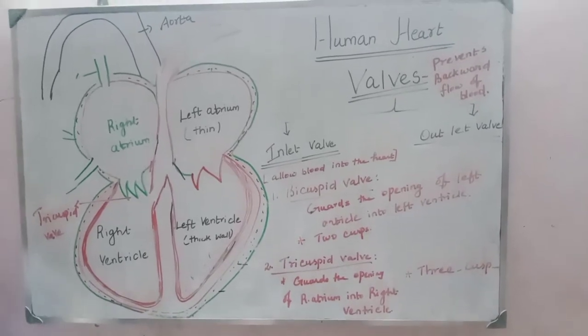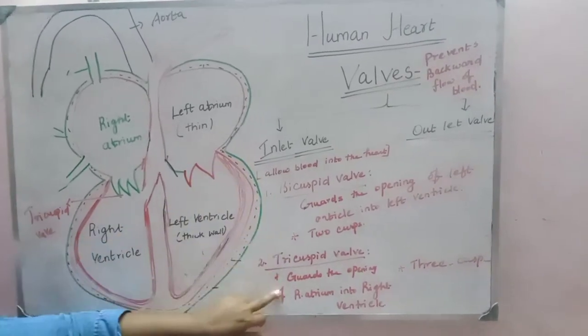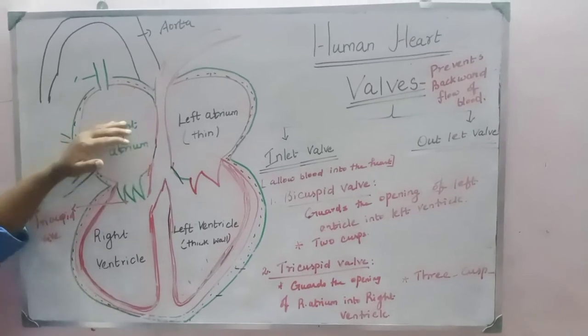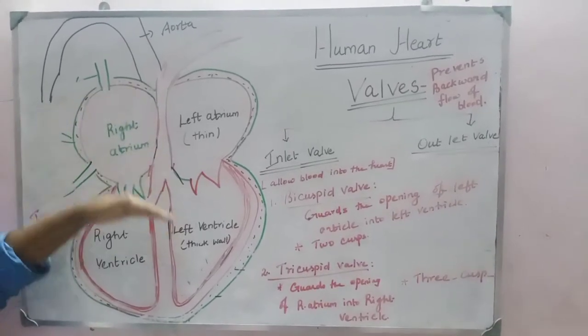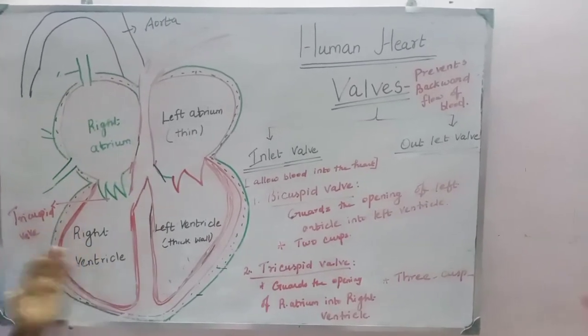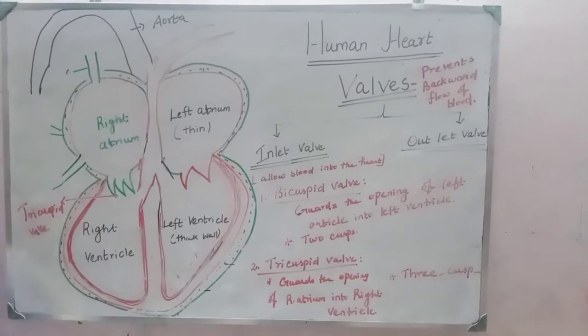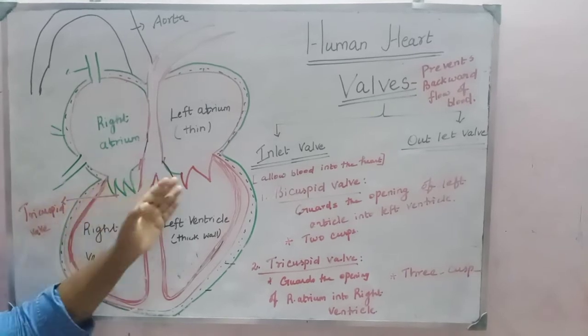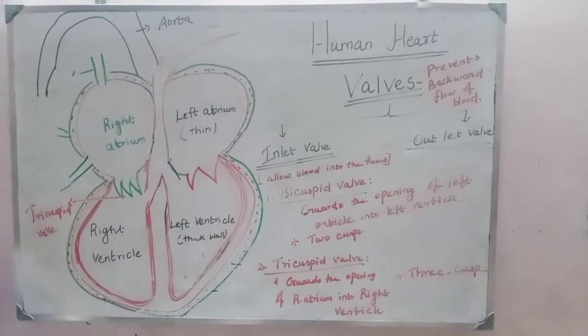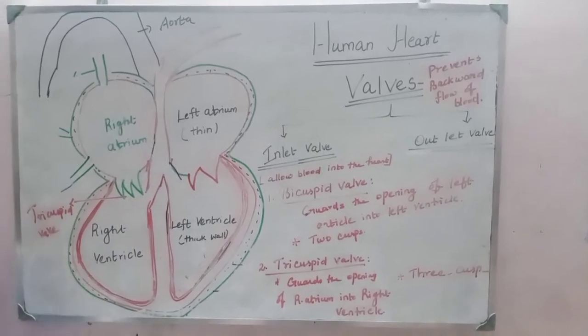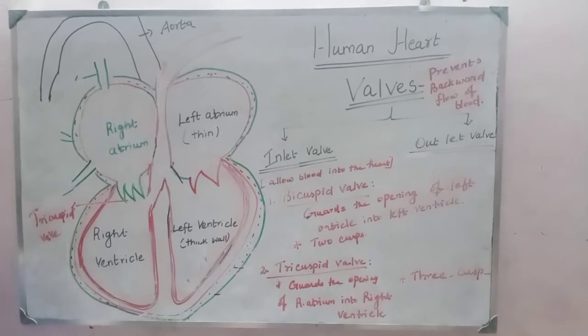See, so that is called an inlet valve. Through this valve, blood is entering inside the heart, inside the ventricle. Right? So, it is called an inlet valve. See, when these two valves are closing, we hear one sound. In a heartbeat, we can hear lub and dub sound, right?